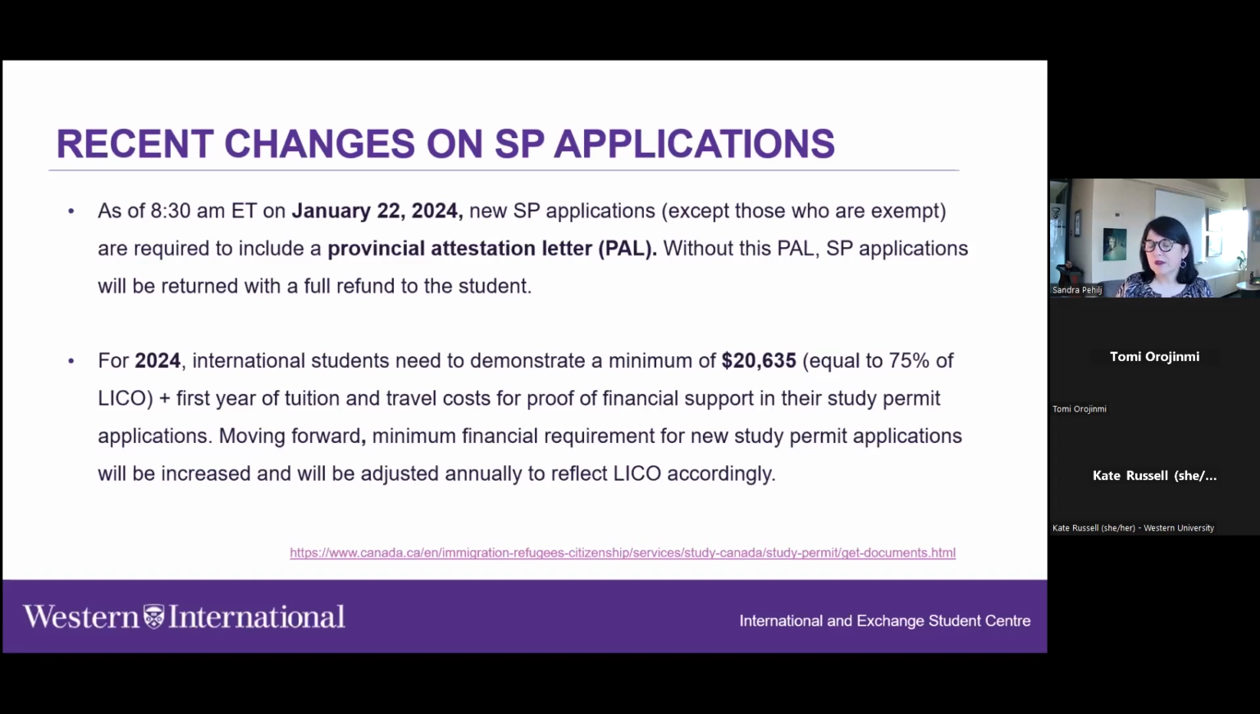So now moving forward, IRCC has also been very specific that minimum financial requirements for new study permit applications will be increased and will be adjusted annually to reflect accordingly. So there is more specific information if you would like to learn about minimum requirements, but this is what we know for now, and this is the approach we take when supporting international students who are applying for a study